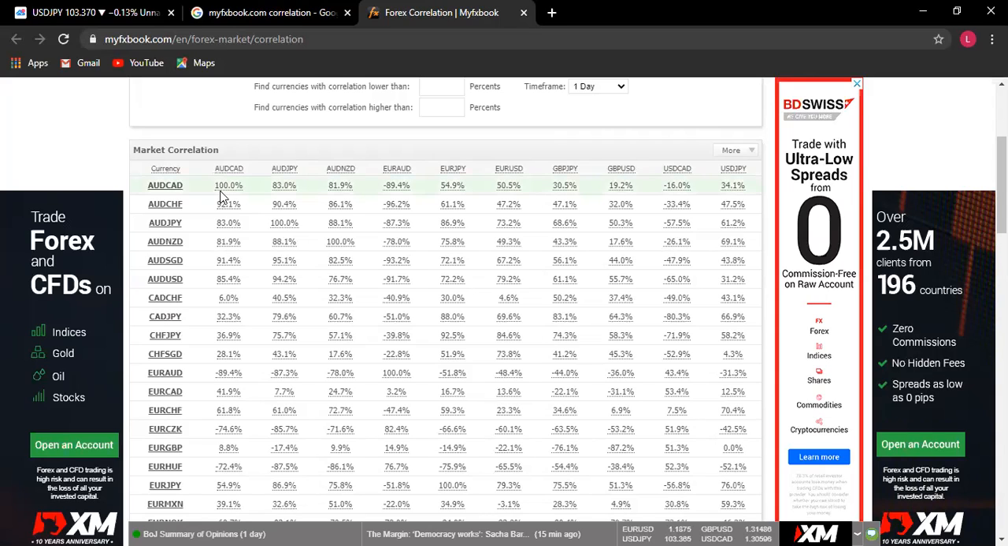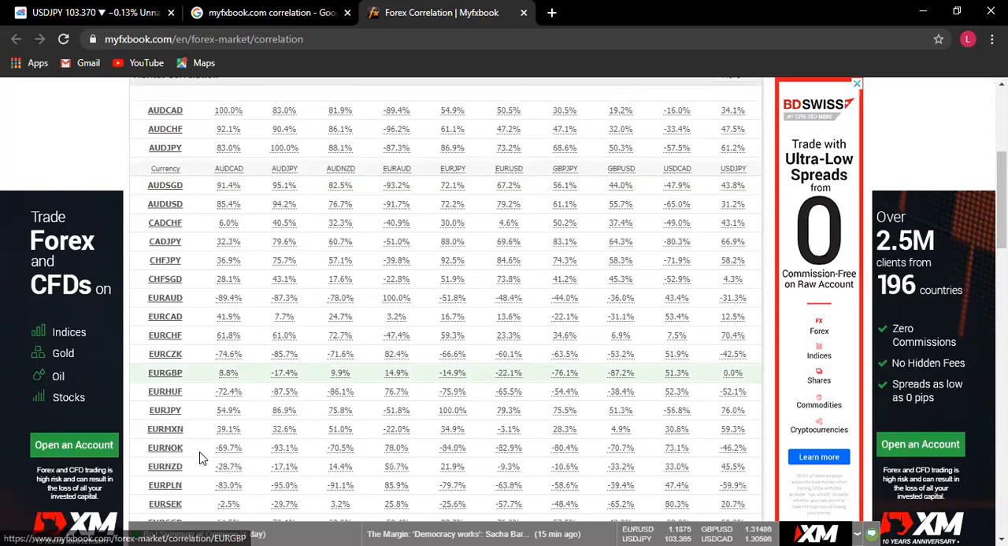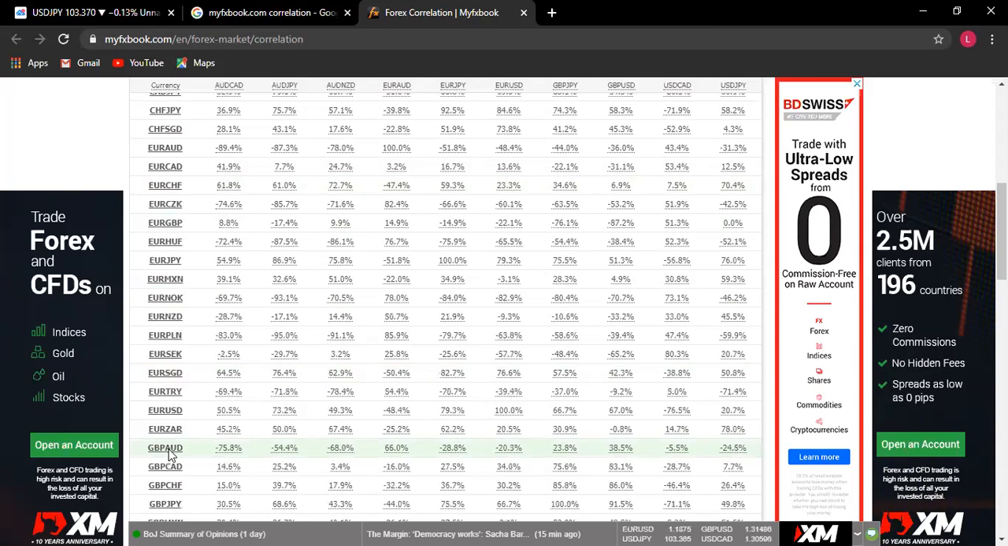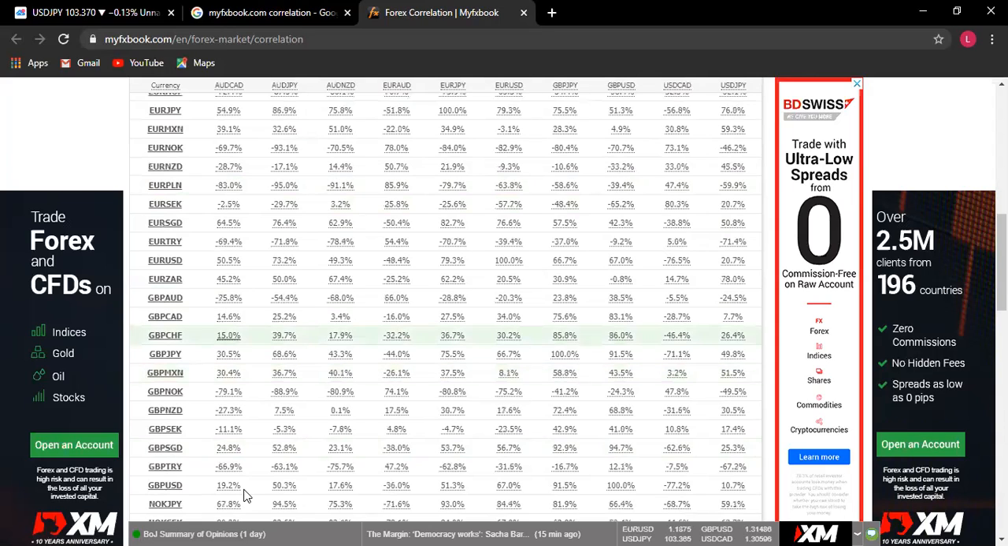So you just have to come to myfxbook.com after you've analyzed. Maybe you want to trade GBP/USD and you want to see pairs that correlate positively and strongly with GBP/USD. Let's see GBP/USD. Okay, this is GBP/USD. This is AUD/CAD. It is not correlating with AUD/CAD like that. Can you see? 19.2, or JPY 50.3, this one 17.6, this one 36, this one 51, this one